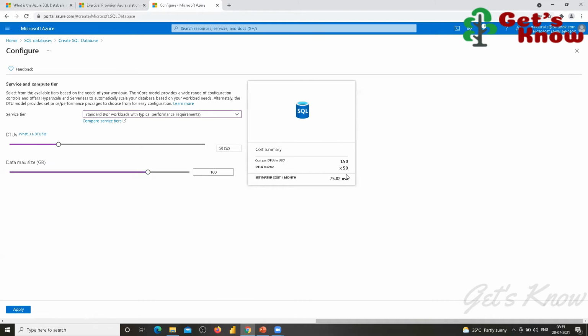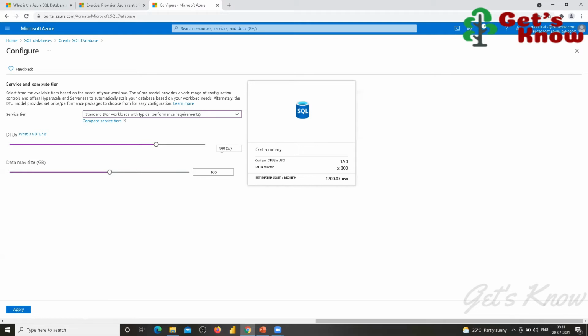They charge for the configuration only, based on how you select it. Based on that configuration, the DTU count and the data storage memory get increased.